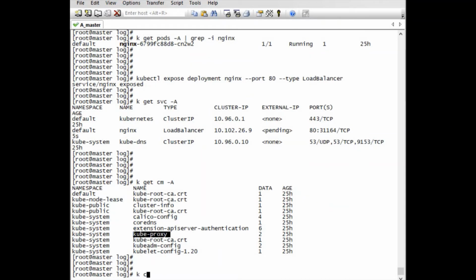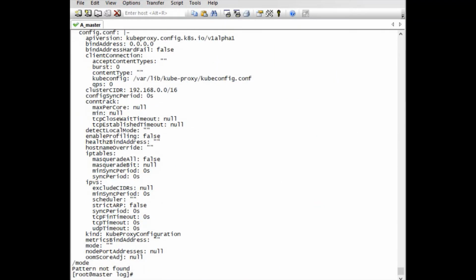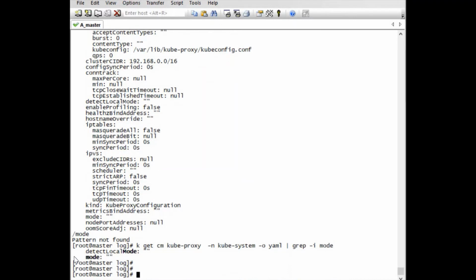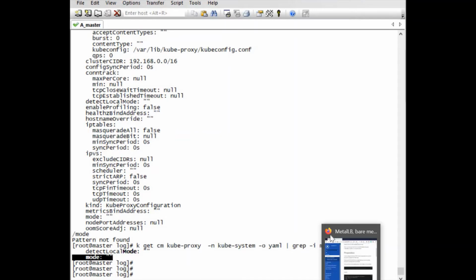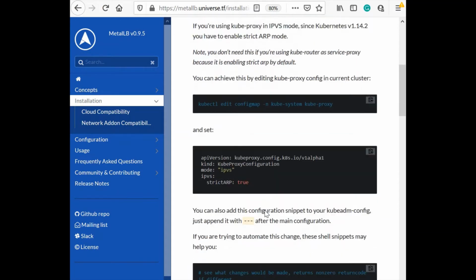Let's see the configuration: get cm -n kube-system -o yaml. Let's grep it. Okay, so here mode doesn't mention IPVS or anything, so it is the default mode. We are not using the IPVS mode. So the first step, this IPVS strictARP true, is not for us. We can skip this step.